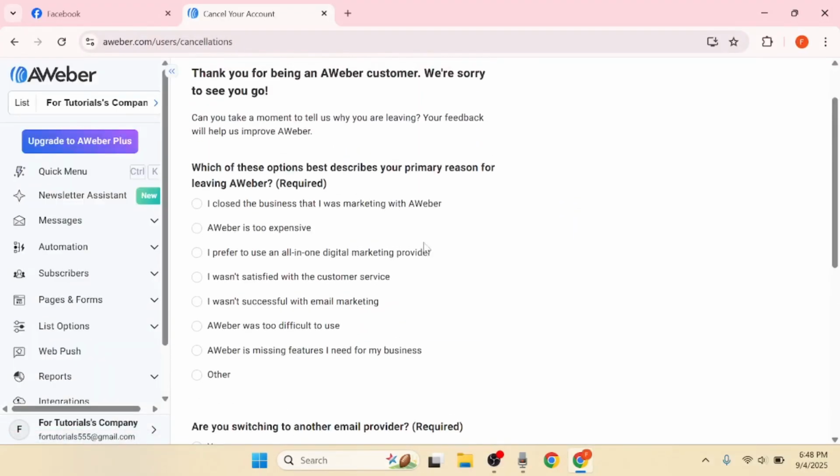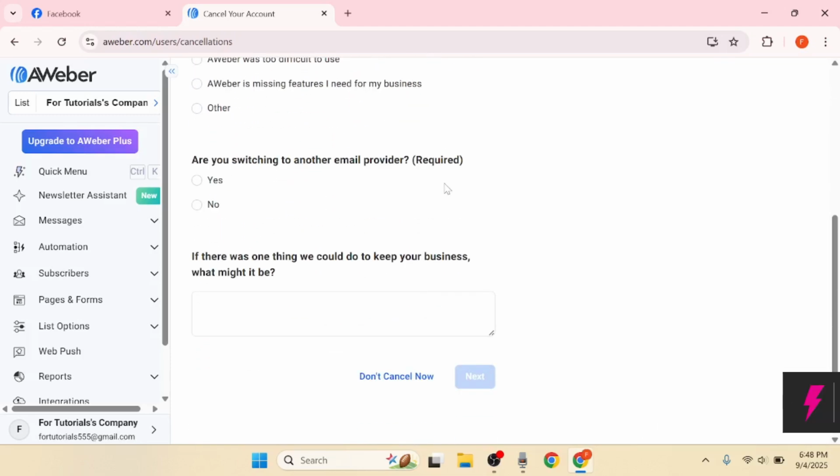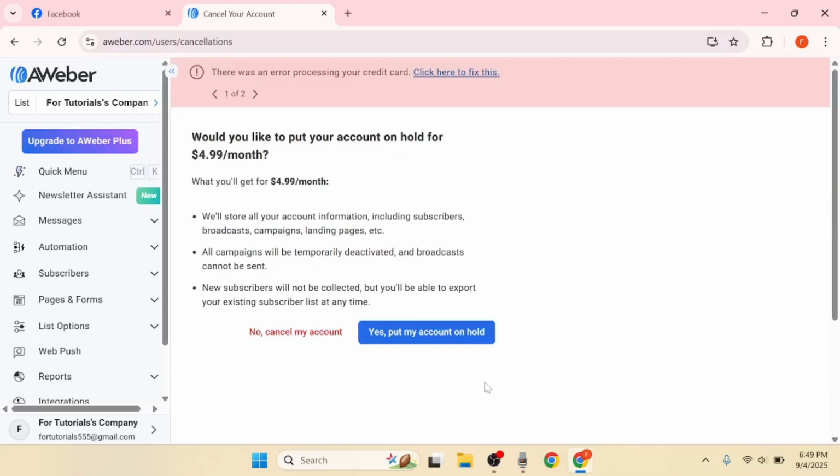You will be asked to choose a reason for closing your account. Select the appropriate reason, scroll down, and if you are switching to another provider, indicate that as well. You can also leave feedback for the Aweber team in the provided text box. Click Next to continue. At this stage, Aweber may offer to put your account on hold for $5 per month